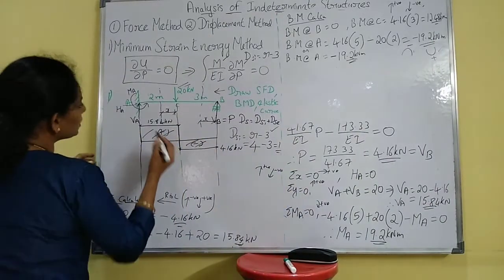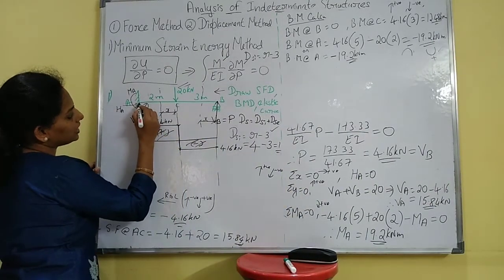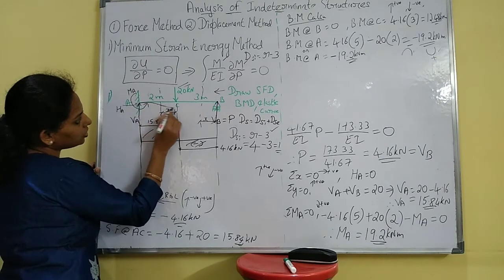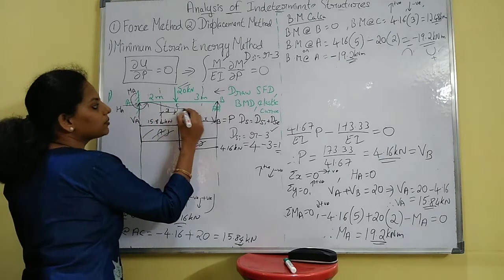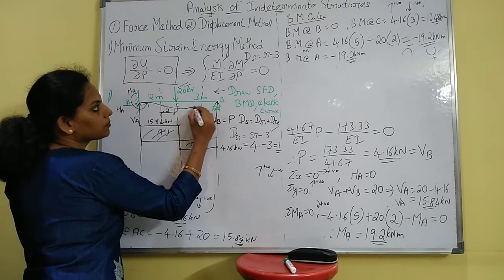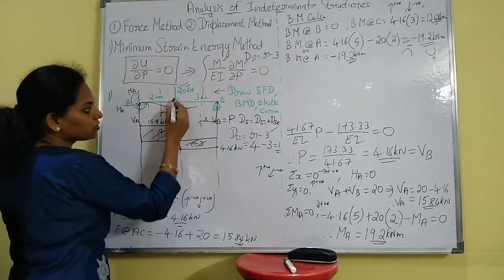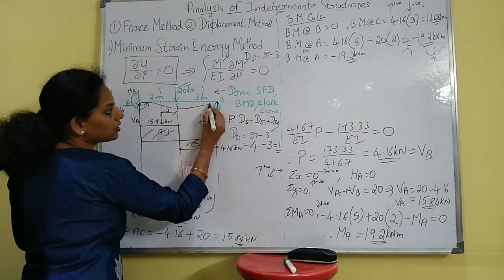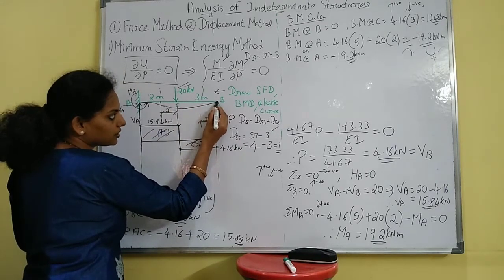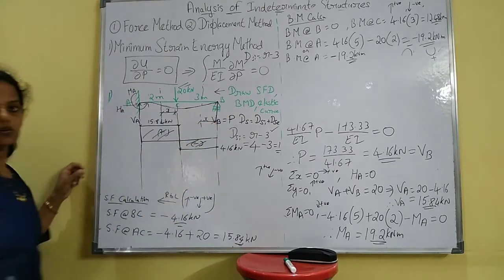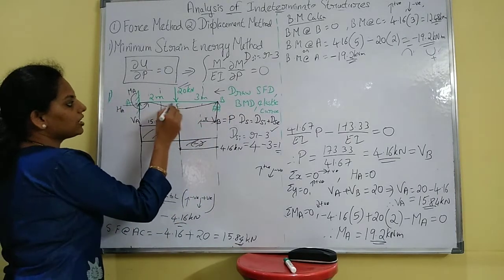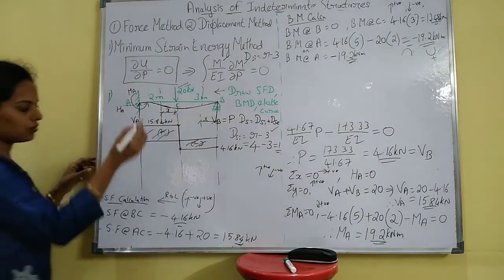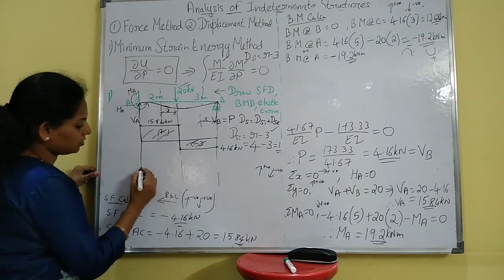So while drawing the elastic curve, here you have hogging, so it will be like this. Then slowly it will be sagging bending moment over here. There it is positive value, so it will be sagging bending moment at C, and at this point, for roller support, there will not be displacement. So it is equal to 0. So this is your elastic curve. Okay. Now mark the bending moment value.